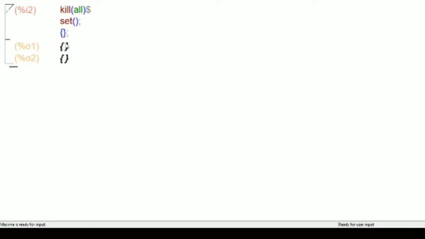Now after this, what is the next example that you are having? Next example is construct the set A, which is equal to the set containing a, b, c, d. Okay, so let us write kill(all). Okay, kill(all).